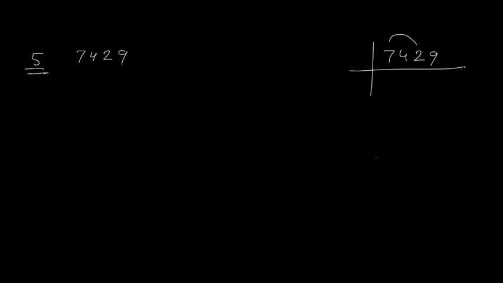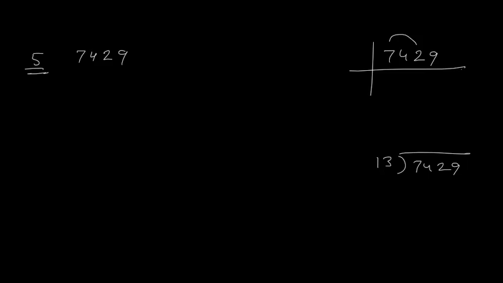With 13, let us check with 13. Okay, 7 4 2 9. Okay, there is no shortcut, you have to check with all prime numbers. Now 13 was the, but you have to take till the square root of 7429. So the square root of 7429 is about, the square of 30 is 900. Okay, so 30, 40, so we will definitely move.